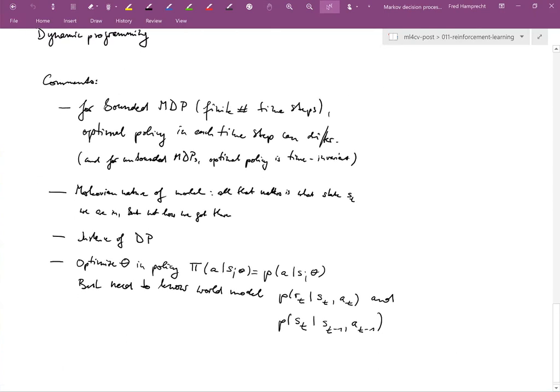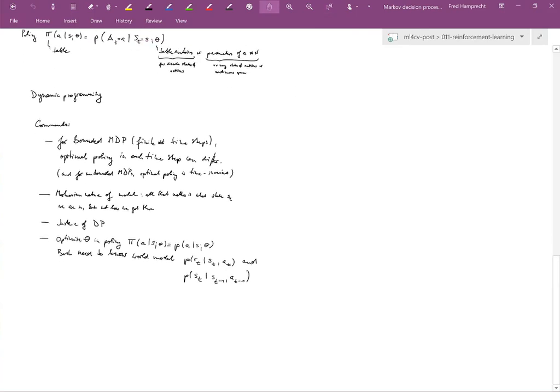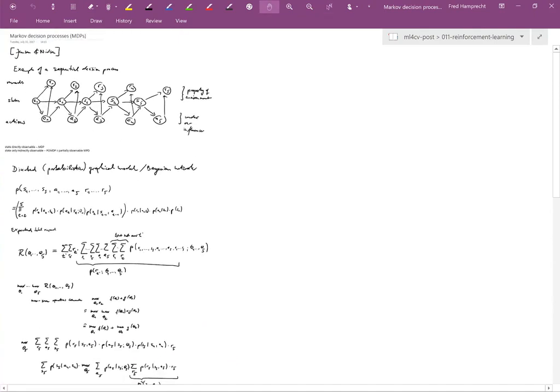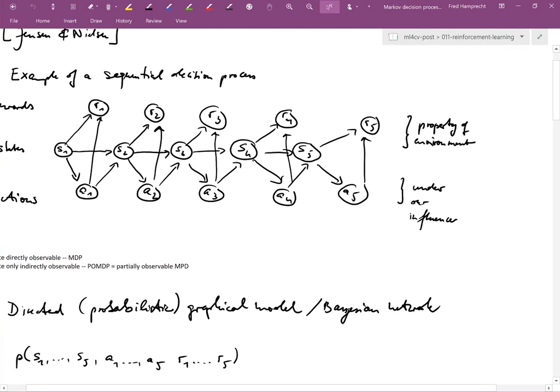So bottom line, we can find the optimum policy by dynamic programming, provided we know the world model, which is of course a big assumption to make. So in the fishery example here, it's easy to write down a model for how next year's population is a function of this year's population and this year's actions, but this will just be a model, it will not be the true thing. So the policy is going to be optimal only if we really know the true world model, which typically we don't.